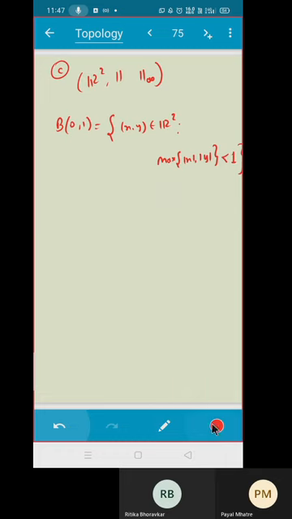So can you draw this thing? I'll give you some time. You have to draw maximum of mod x, mod y, that is 1. You have to draw this. Again, you try to think like that only. If you are having more, then what are the cases you may have? Yes, Payal, do you have any idea ग्राफ कैसा रहेगा?